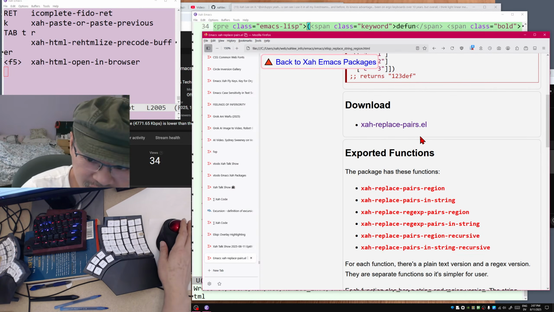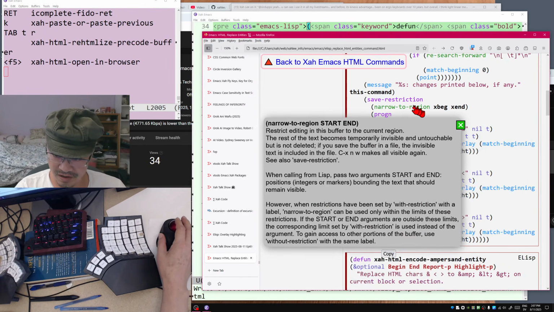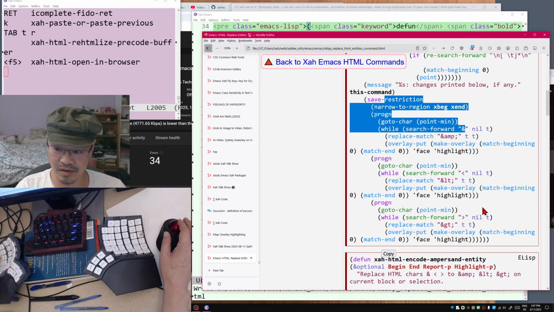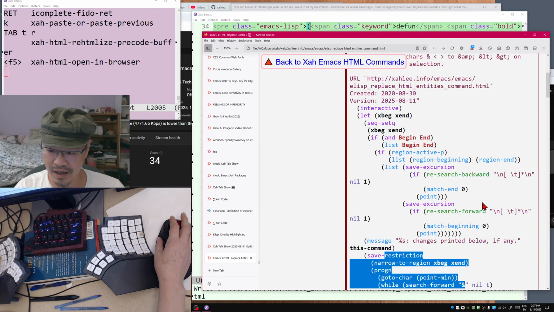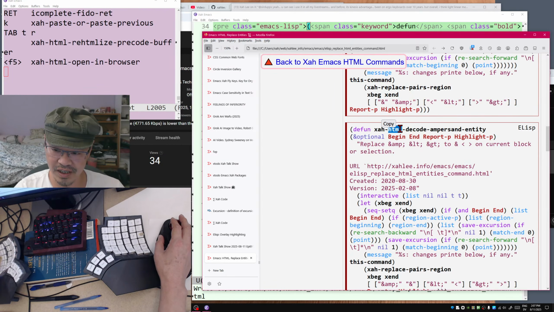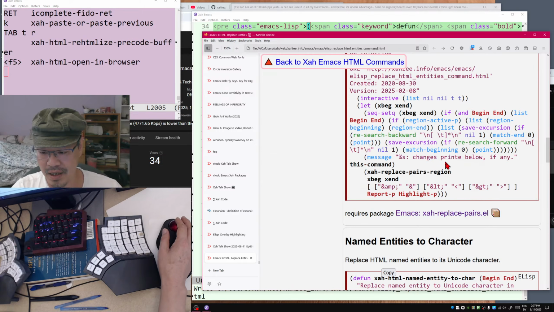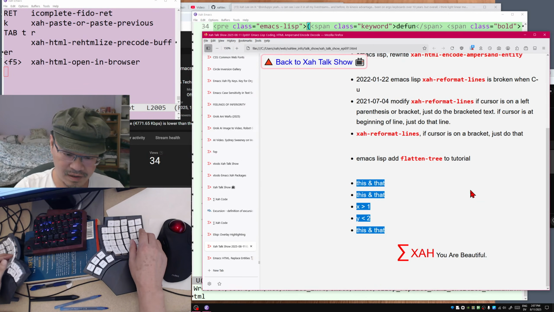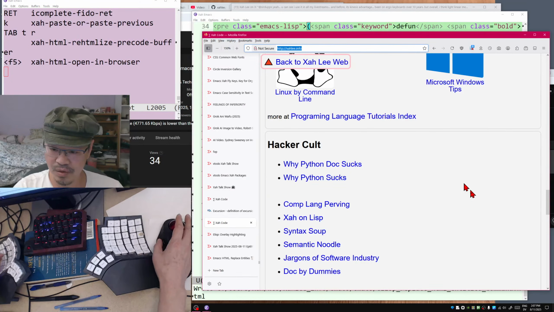Okay, so now the code is verbose, 30 more lines, but there's no dependency. Okay, we finished that, and very good. But there's a second problem. Now we need to do the decode. Now the decoding is a bit more complex, because if you do the decoding, I think you're gonna run into the